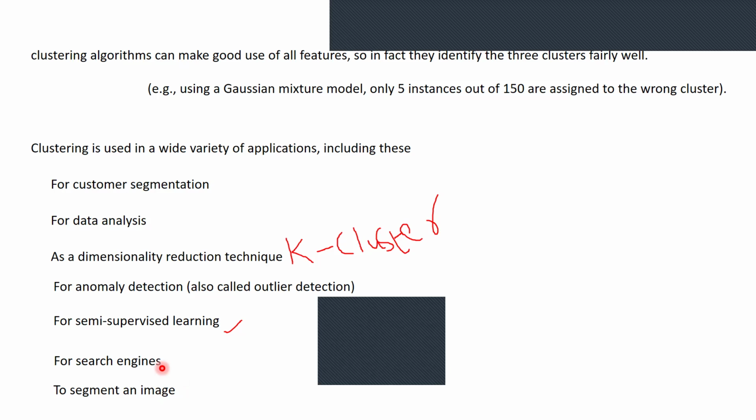Search engines refer to images, and a cluster of images is returned, with matching of the clusters also done. Coming to the segmentation of an image, it clusters the pixels by color. It searches for similar images to the reference image, and returns the images from the matching cluster. These are some use cases for clustering. I hope the topic was clear regarding clustering and unsupervised learning.